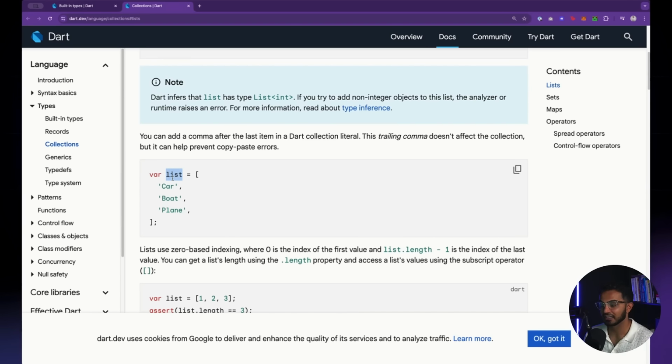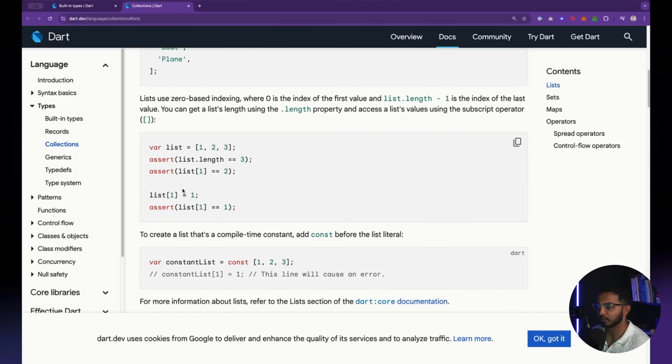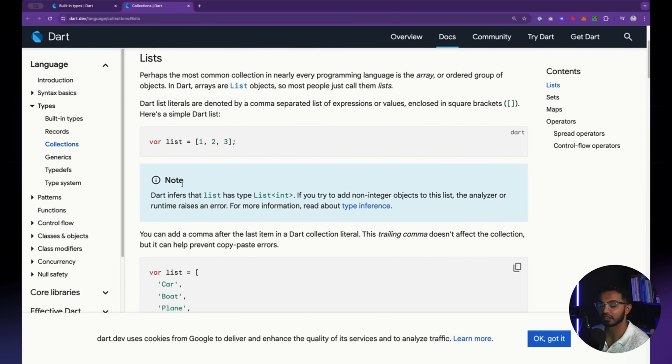That same concept applies here in programming, where you have a variable named list, and list is equal to a list of strings, and each string is a name of what seems like a vehicle, like a car, a boat, or a plane. The way that you represent lists in Dart or in most coding languages is by using the square brackets on your keyboard. So here I have a variable list, and that's set to car, boat, and plane. It's important to understand how lists are counted.